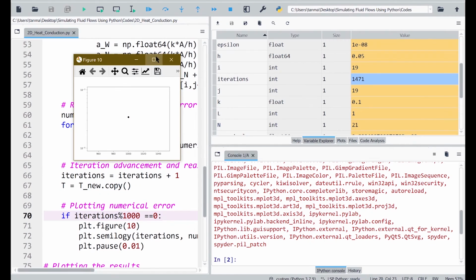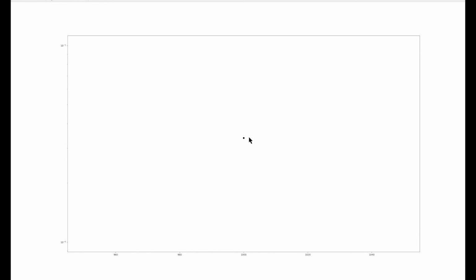You can see that we only have one point corresponding to 1000 iterations, and because we now have a logarithmic scale, it is much easier to see that it was previously 10 to the power minus 5, then 10 to the power minus 6. That is why we are using a logarithmic axis on the y scale, as it makes it a little easier to understand the actual magnitude of the numerical error.